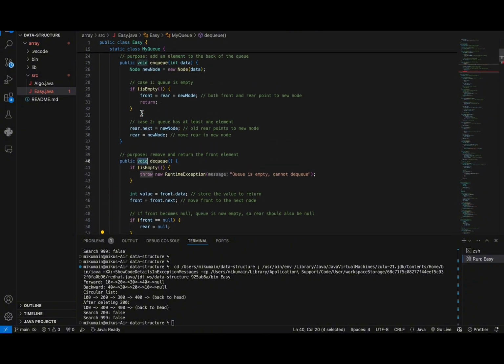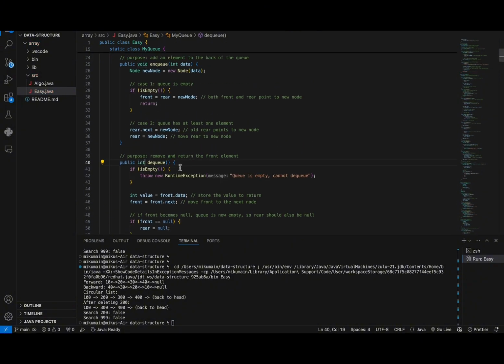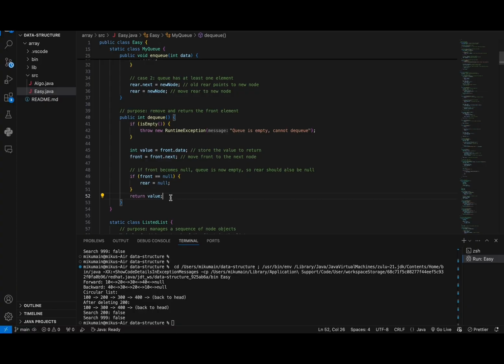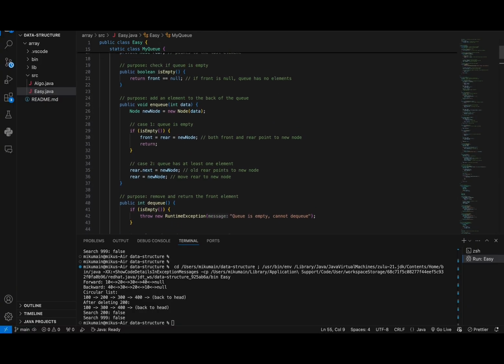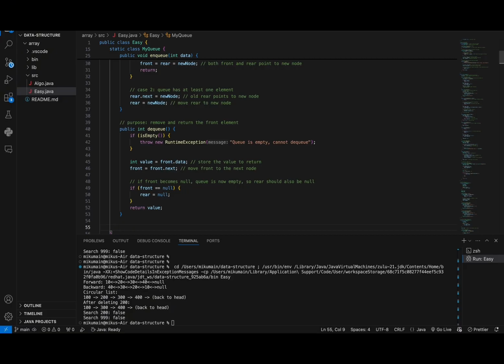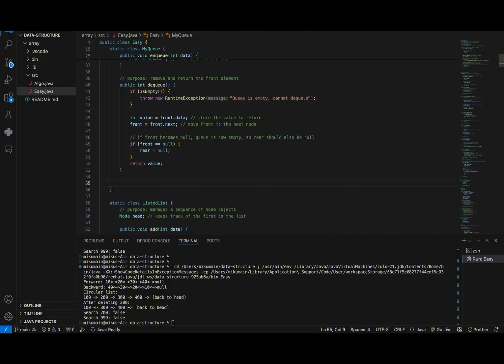Oh, that's right. It's not public void. It's public int, because we're doing integers for elements. And then, okay, that should be it for the DQ. Very simple, very quick. Now, I think I did remember, we also mentioned the peek or front, but I'm